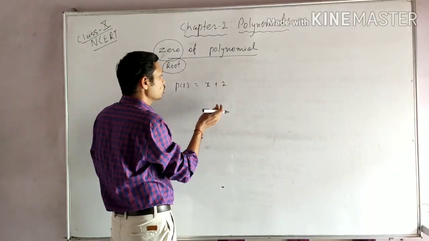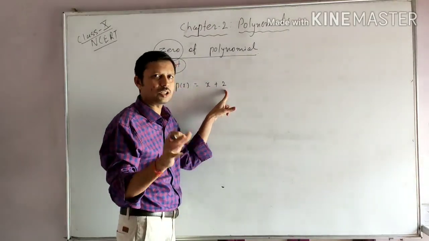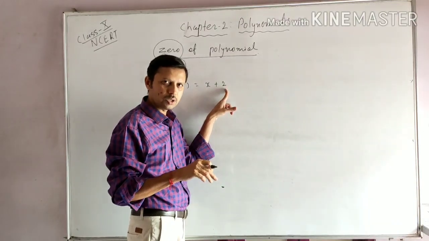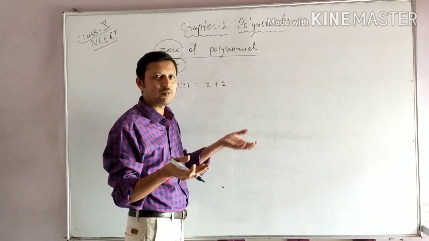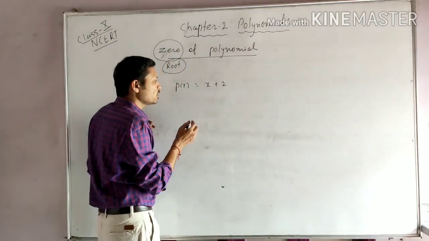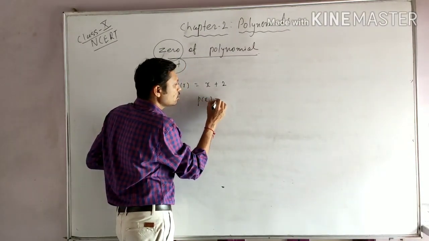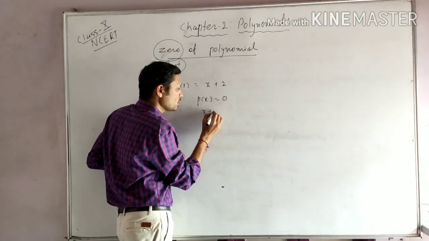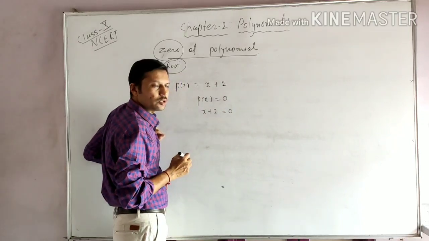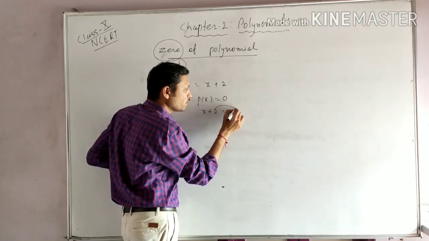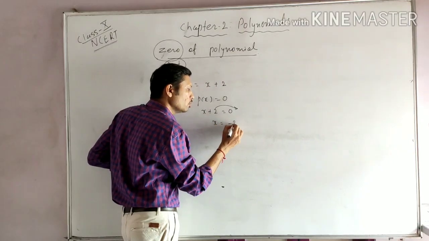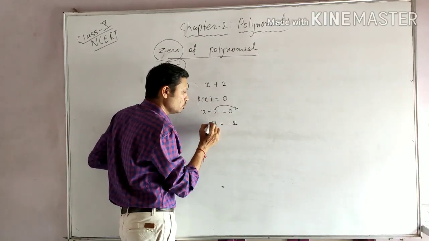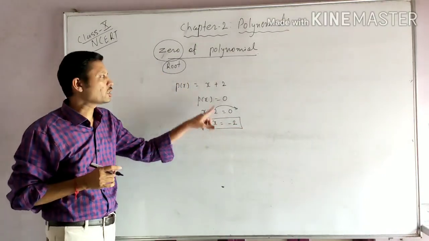You cannot do that by guessing. Replacing 1, 1 plus 2 is 3, so 1 is not a zero of the polynomial. Minus 1 plus 2 is plus 1, so that is not a zero either. How many values will you check? Simply do the direct calculation. I want to make this polynomial 0, so compare your polynomial with 0. Your polynomial is x plus 2, and that is equal to 0. So plus 2 will shift to the right side, so x equal to minus 2. Plus shifts there, so the sign changed, it's minus 2. So minus 2 is the zero of this polynomial.